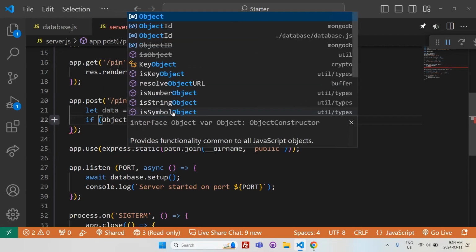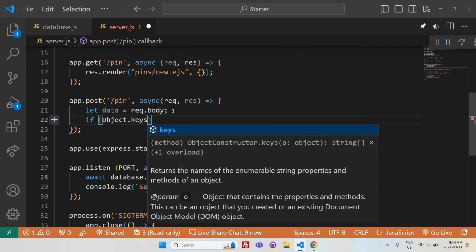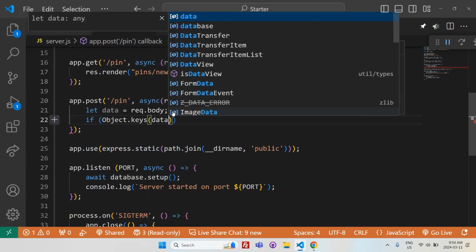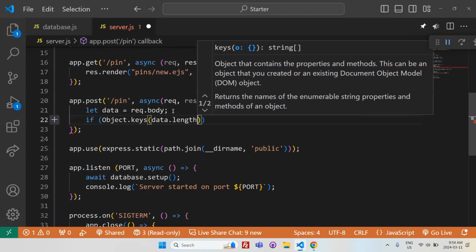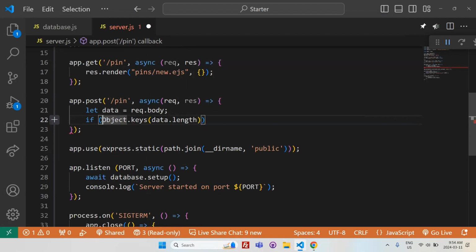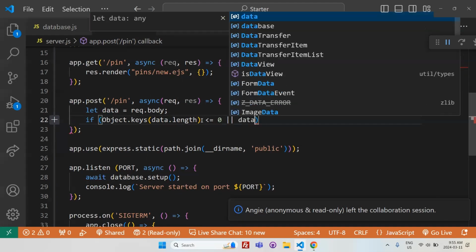So let's say Object.keys. If the user has submitted and it's not empty, we are checking that. So if Object.keys(data).length, as in it's not empty, or if it's a true value, so if it's less than or equal to 0, then we might want to give an alert message. Or if from the data